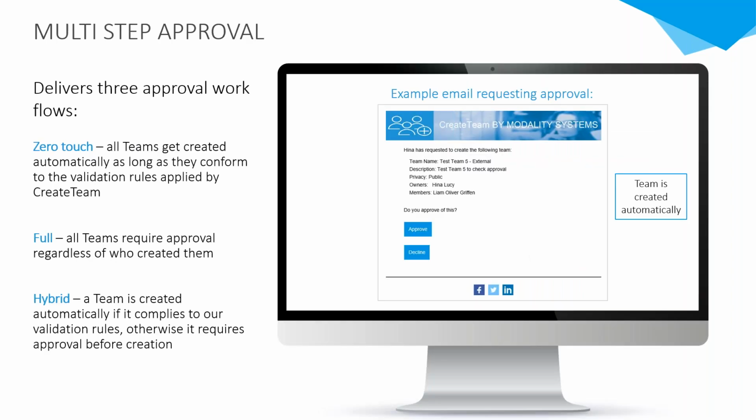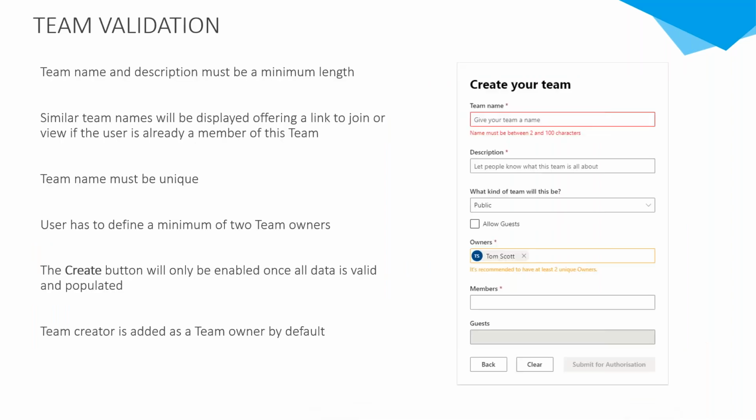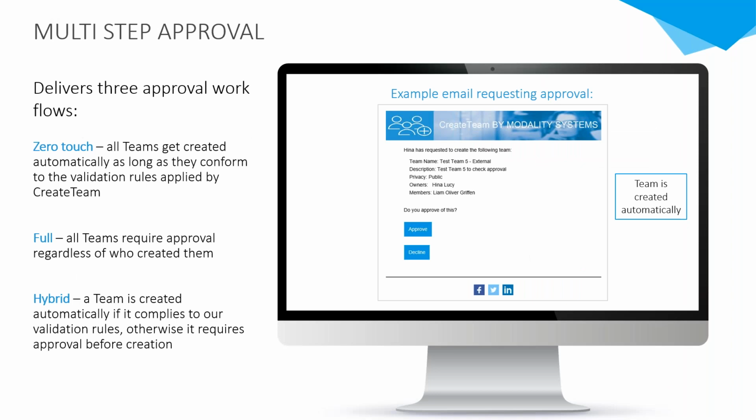The full workflow means that regardless of who creates a team, how much data or what rules they've adhered to, even if they've adhered to all of the data validation rules in that form, it still needs to be approved by somebody. And in that scenario, the user would always get this submit for authorization button at the bottom. When they click that, an email will be sent to a list of people or an email address or a service desk queue